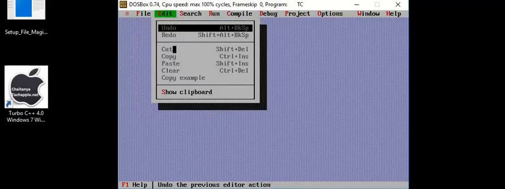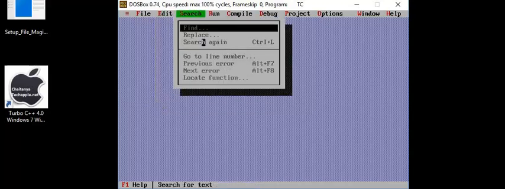You can use it in order to complete the program early. Copy, paste you can use, undo, redo you can use. Remember the shortcut keys, Alt plus Backspace and everything. Search helps us to find a particular word from the written program. You can replace it with a new one.